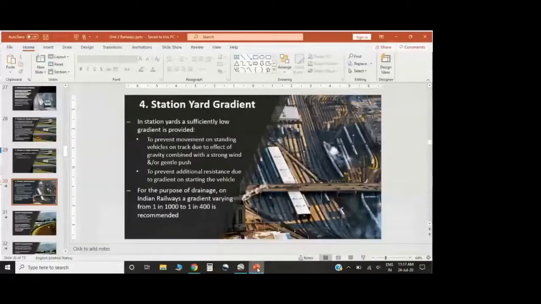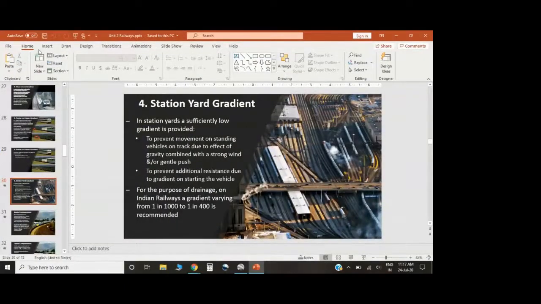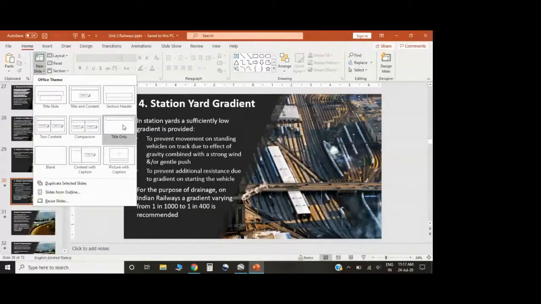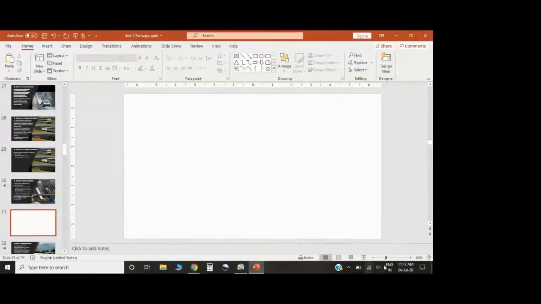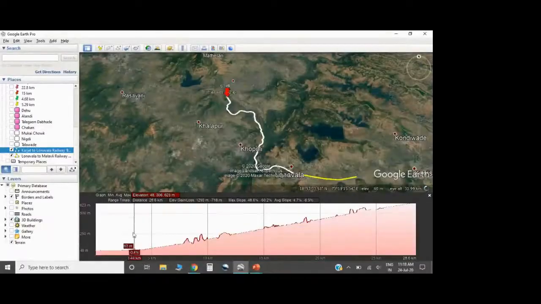Write horizontal and vertical, H is horizontal and V is vertical. At 0 horizontal, you have 48 meter of elevation, so 0 horizontal, 48 meter vertical.